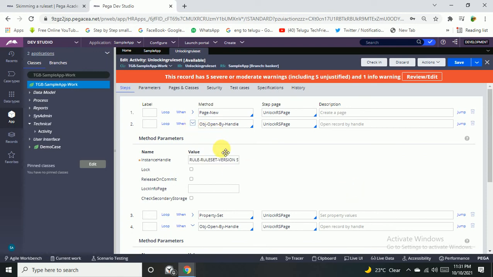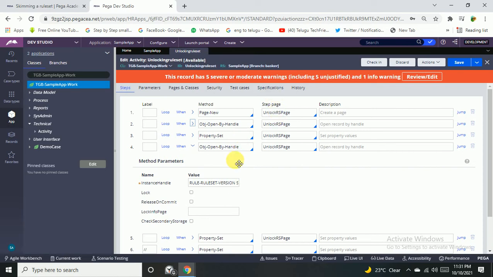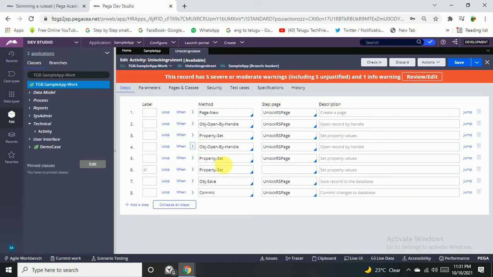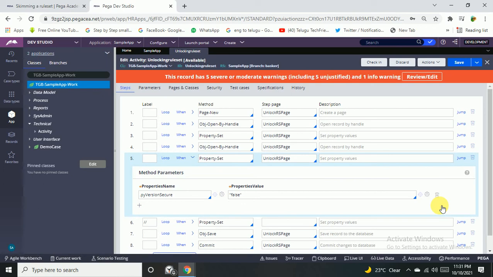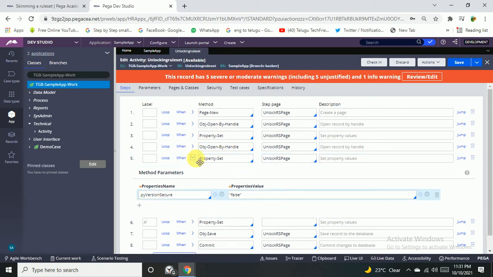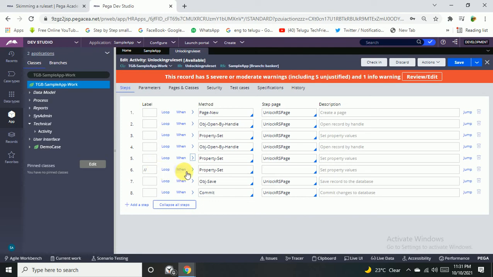Okay, fine. Now the total functionality is fine. Let's check it once again. Now I have given only false, so I'll delete this second password one. Okay, fine.